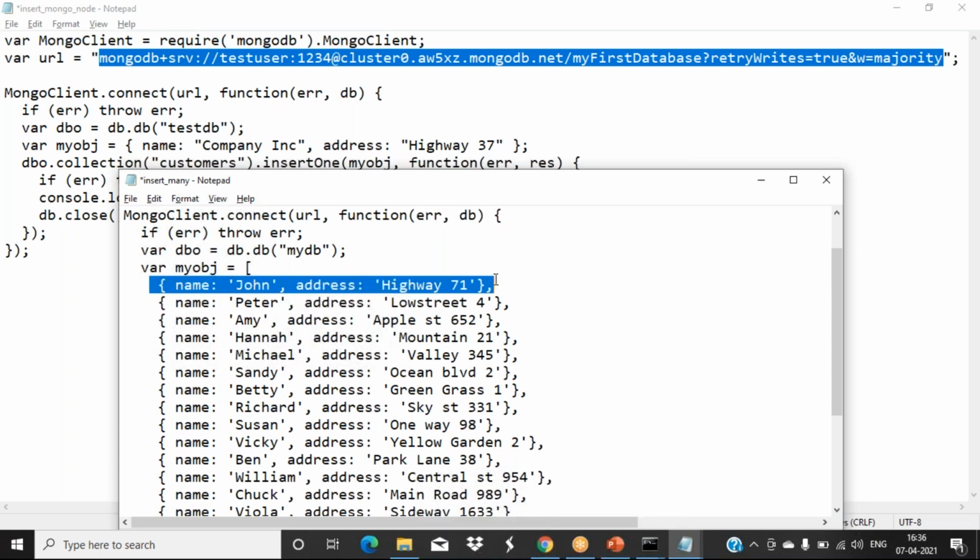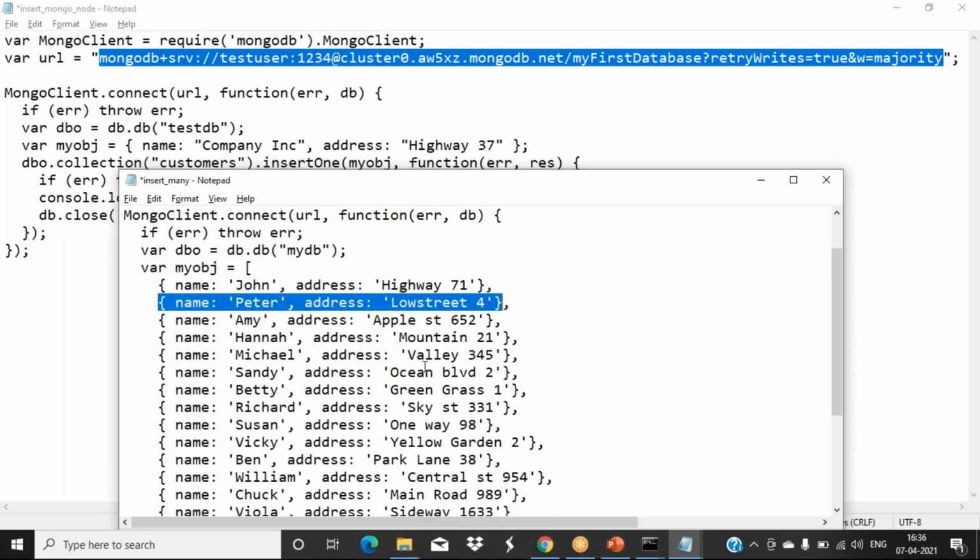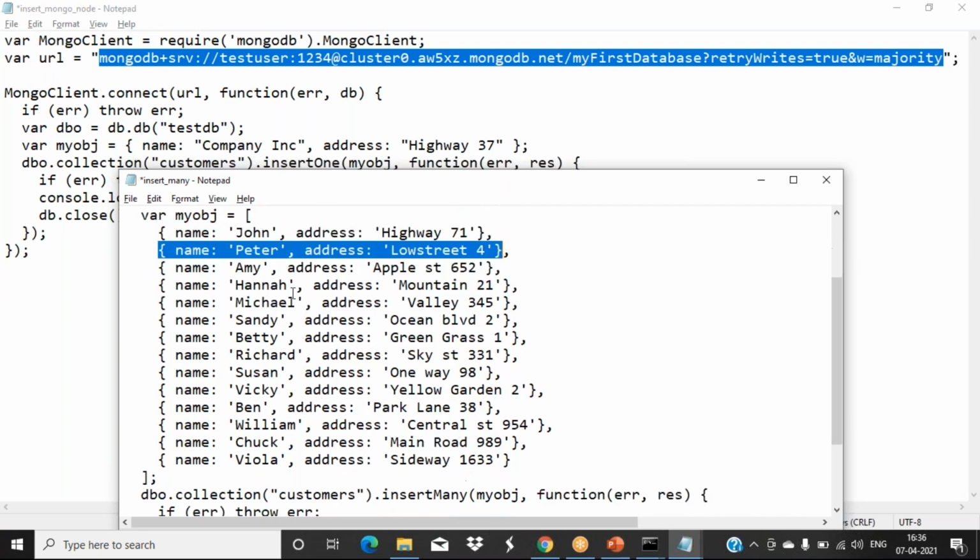See, this is one particular object, this is another object, all together in an array format. So square brackets also we have used there. Again I'm telling you, all this we have learned in JavaScript. It's not new, so you should remember these things from JavaScript.